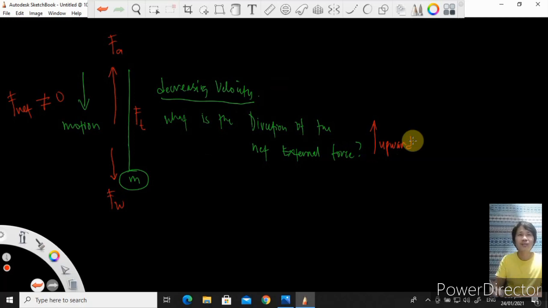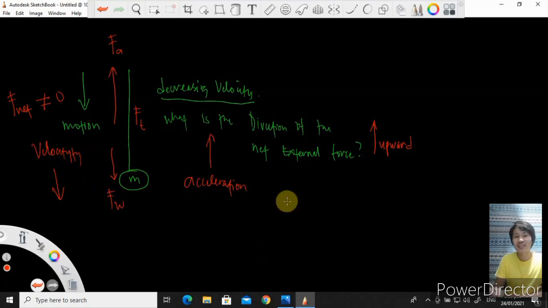Okay ba yan? Upward yung net external force mo. Malilito kayo. Sir, upward yung net external force, pero yung motion downward. Pwede ba yun? Of course. Pwede yun. Pababa yung motion, yes, pababa. Yung velocity, ayun, tama yun. Yung motion pababa, yung velocity is also downward. Pero yung acceleration,